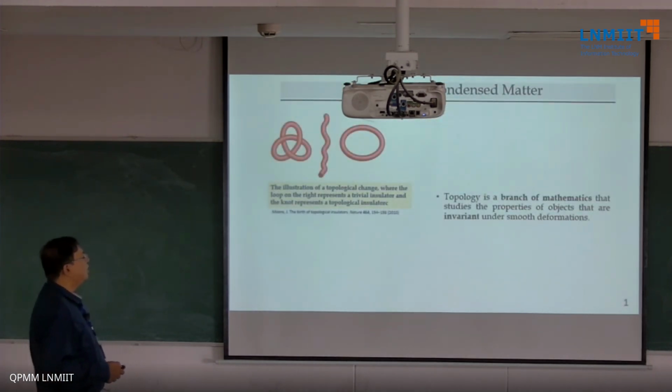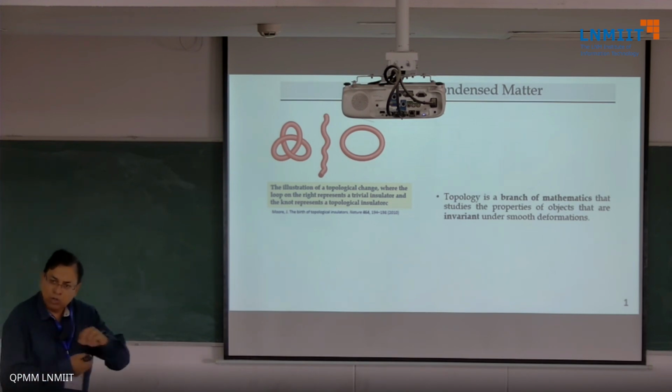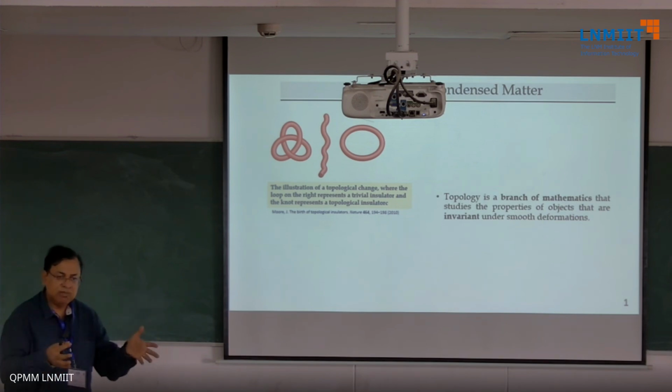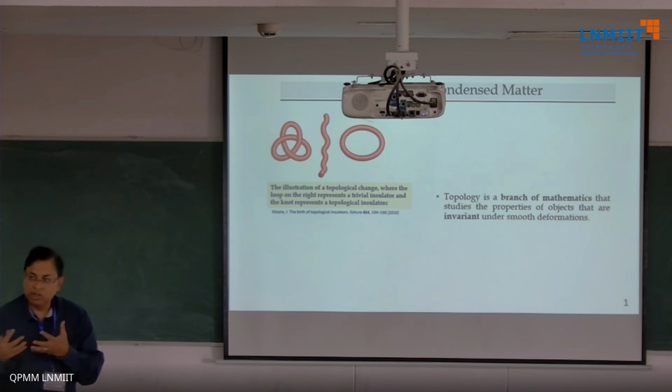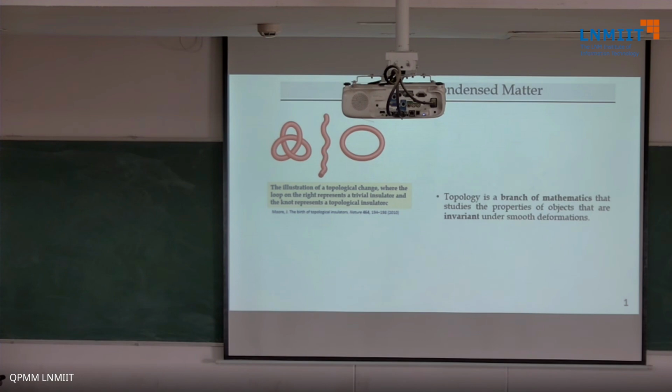So coming back to this topology issue and so on. So this thing is knotted in a particular way. So this is topological, and if you need to get from here to here, you need to cut it open. And this is topologically trivial. And what are these? These are nothing but the wave functions. We are showing the wave functions, and how the wave functions are knotted. So if you have a system, look at the wave functions, and the knotting of the wave functions will tell you whether it's topologically trivial or topologically non-trivial. That is, whether it's a topological object or topological system and so on.